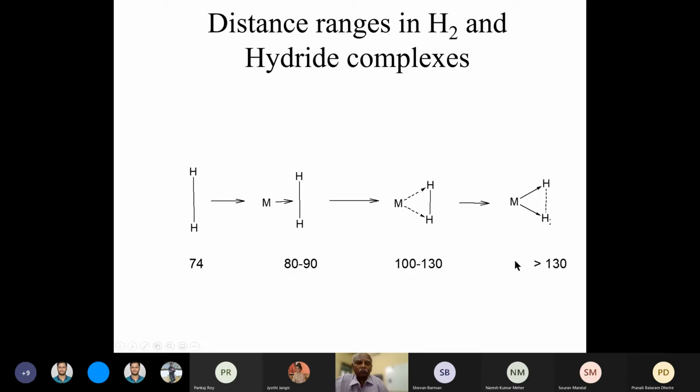Now, that having been said, come back to what I told you earlier. In many crystal structures, the distance varies all the way from 74 to 130 picometers. So what happens to this coupling constant? Coupling constant should gradually decrease, right? If the interaction is less and less, it is going to decrease. So that's going to decrease. Now,